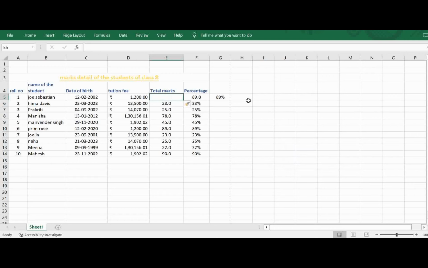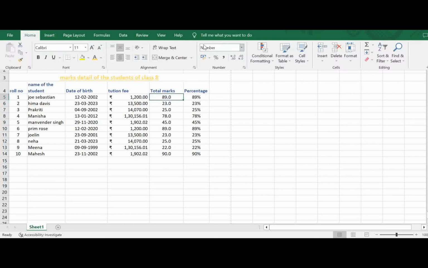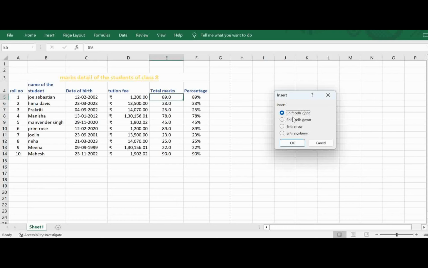Now when I said shift cells right, the objective was to insert a cell. A new cell gets inserted by shifting the remaining cells towards the right. Let's go for the second option available here. My objective again is to insert a cell here. I can shift the cells down, because if I want a cell here, I can either shift these elements to the right or shift these elements downwards. So I have shifted these elements downwards, and I got a cell here. Again, I am going for an undo, and let us try the next option.